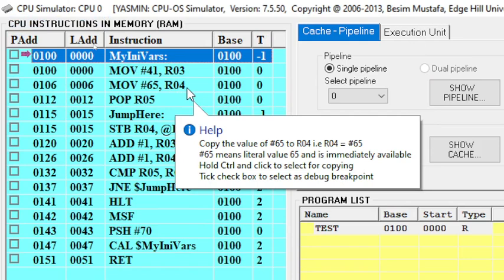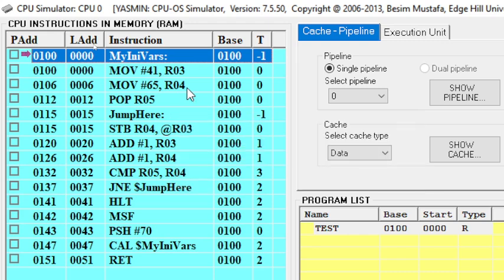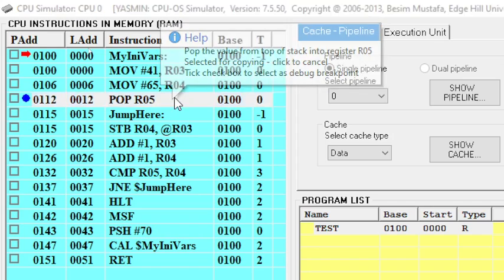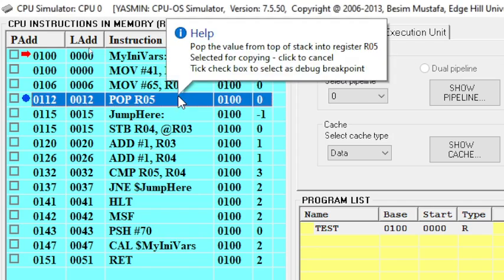So 41 plus 65 is 106. Okay, 41 plus 65 I think is 106. So 106.